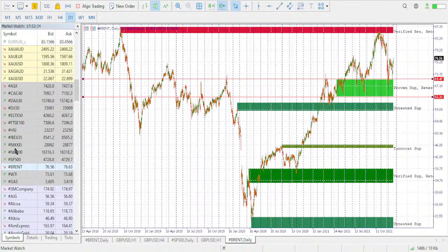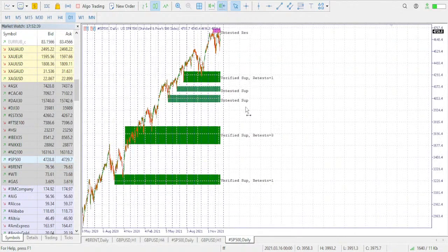The next symbol is the SP500. With the SP500 so far, I don't recommend any sell positions. If you see any sell order on this chart,